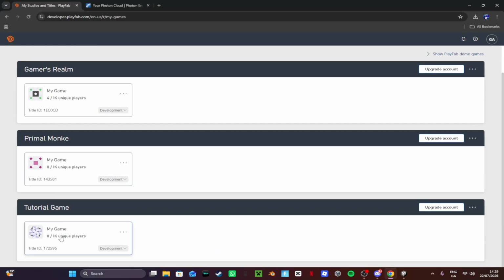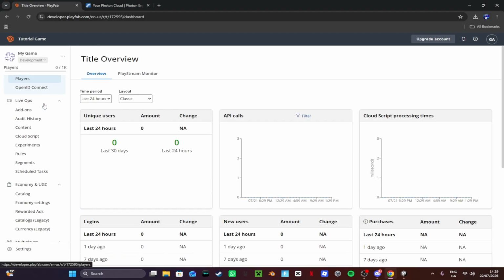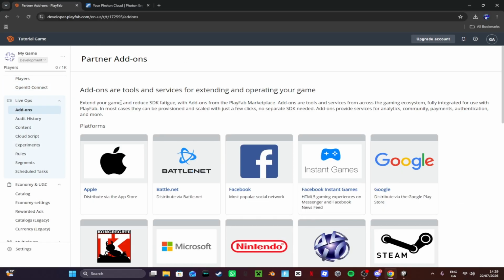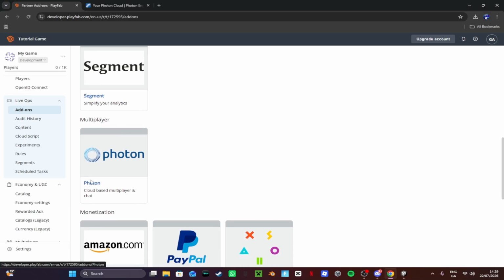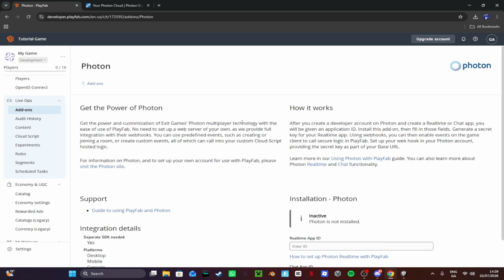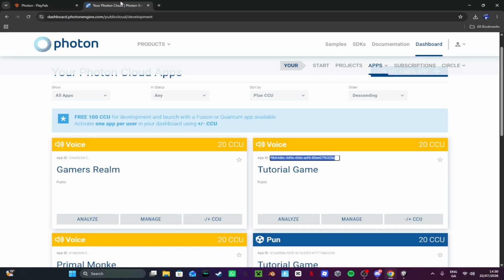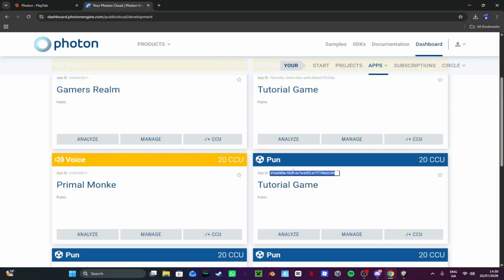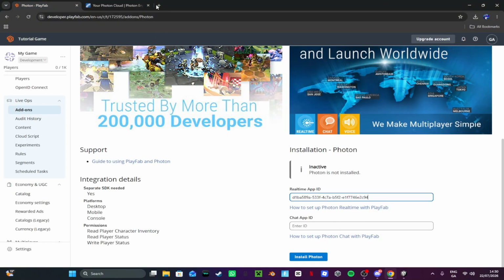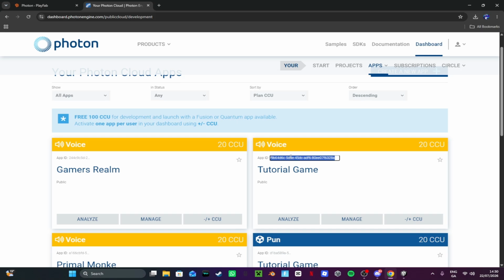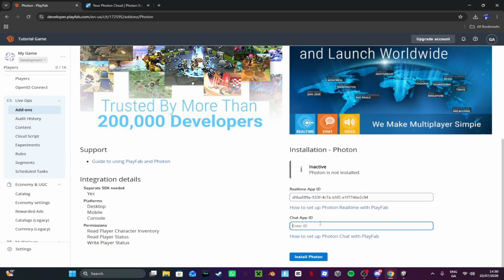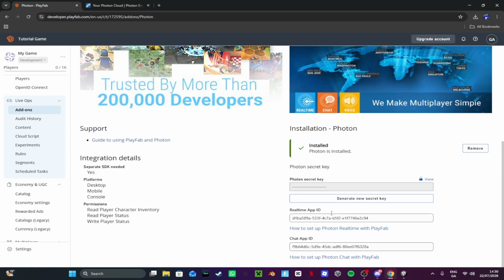So now that you have PlayFab, you can open it up, and now you want to go down here to add-ons, scroll down a bit till you see Photon. Click on it. Now just make sure you still have your Photon open. I still do. And then copy your PUN, place it in the real-time app ID, and then your voice into the chat app ID, and then just press install Photon. I'm just gonna blur mine because